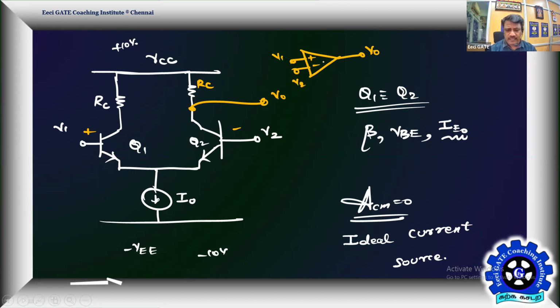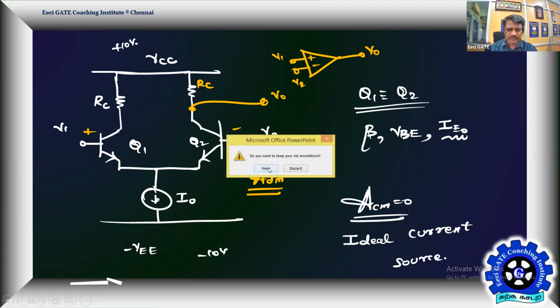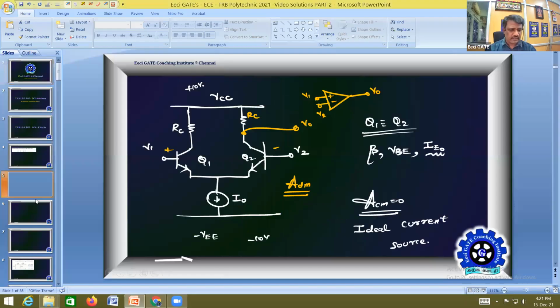Yes, let us begin the problem. What gain are we talking about? ADM. If you play with the DC analysis, you will understand something. If you play with the AC analysis, you will understand something. Then let us connect the two, then connect it to the problem, and then we'll see what the solution is. So let me have a copy of the slides.